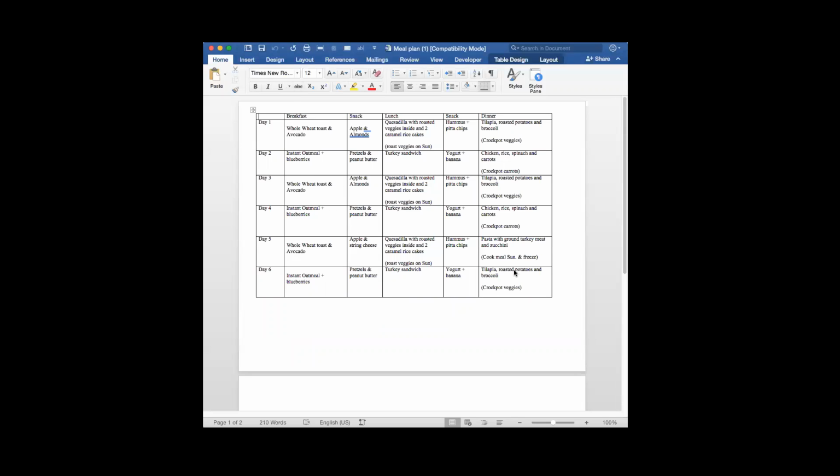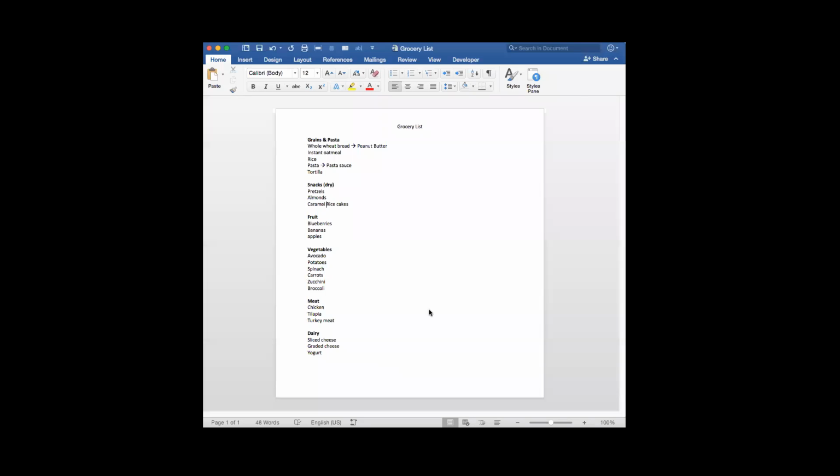And then once you've got an idea of what you want to eat, you start making a grocery list. Now, let me move us over to the grocery list. It looks like this. I've separated everything because when I go to the grocery store, I want to be in and out, right? So I'm thinking of where everything is located. Like I know the pasta sauce is near the pasta, and I know the peanut butter is near the bread. You can organize this however makes sense to you. And this is everything that I need for a week's worth of all of my meals taken care of.